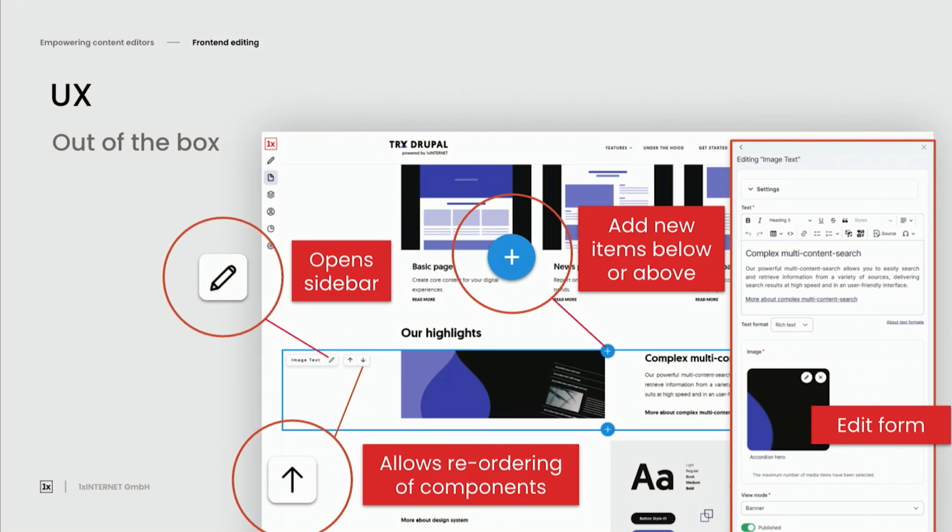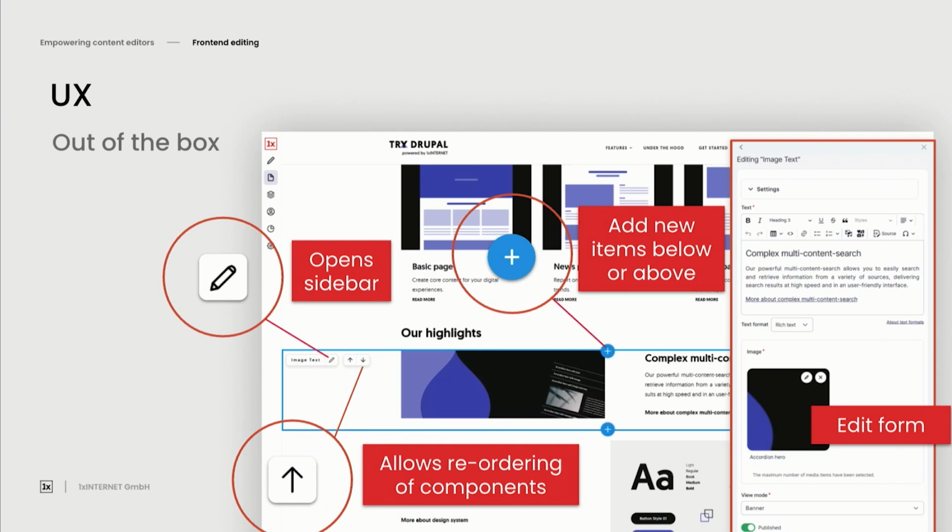When you're on those edit forms, once again, you have to identify the components. You have to drag and drop them around. You have to change the weights. And of course, this works in a very great way. But it can just be faster. It can be more immediate. It can give you that instant feedback of the changes you are making without having to save it. Really be able to instantly make that decision on the spot.